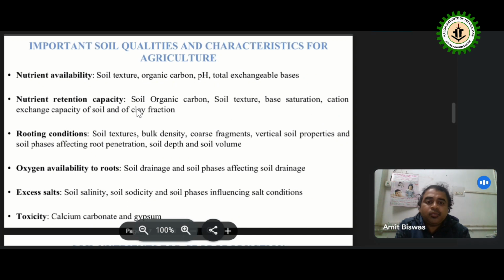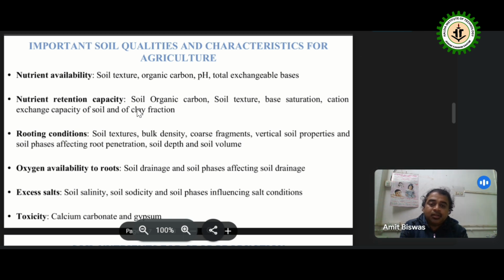Now the important soil qualities and characteristics for agriculture. First one is the nutrient availability: soil texture, organic carbon, pH, total exchangeable bases. Number two is the nutrient retention capacity: soil organic carbon, soil texture, base saturation, cation exchange capacity of soil. Then rooting condition. Under rooting condition, it is the soil texture, bulk density, coarse fragments, vertical soil properties, and soil phases